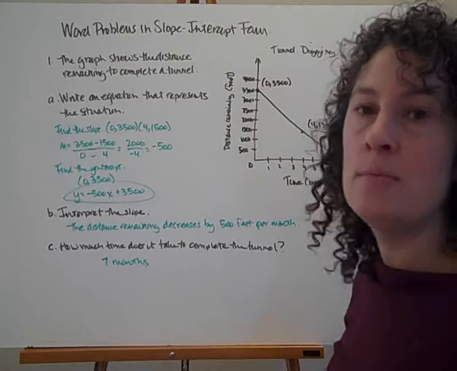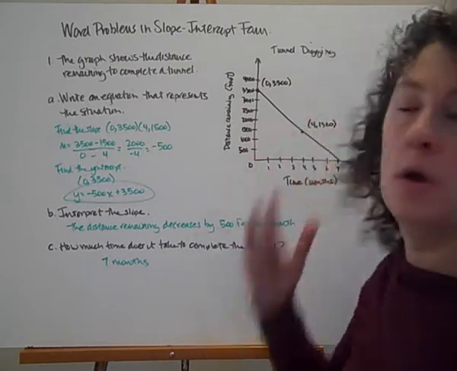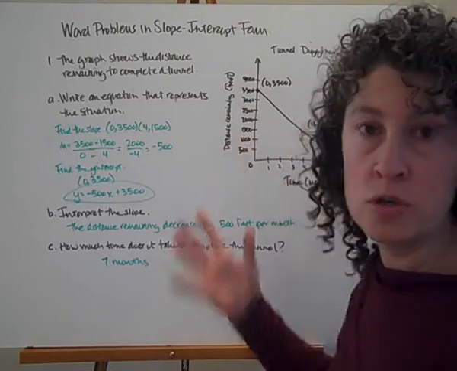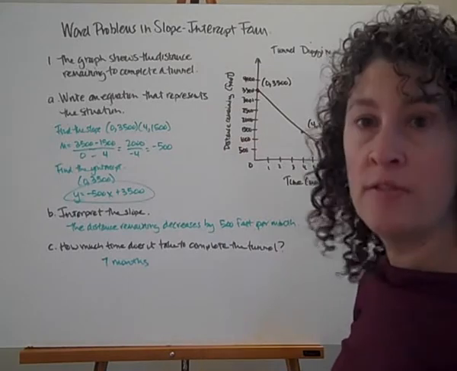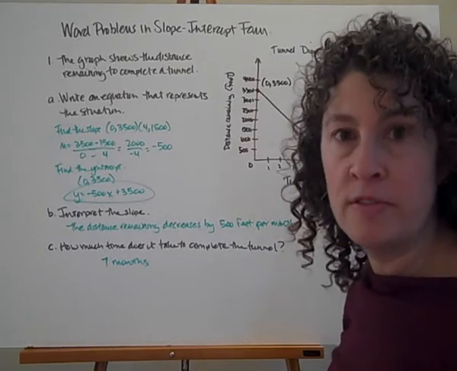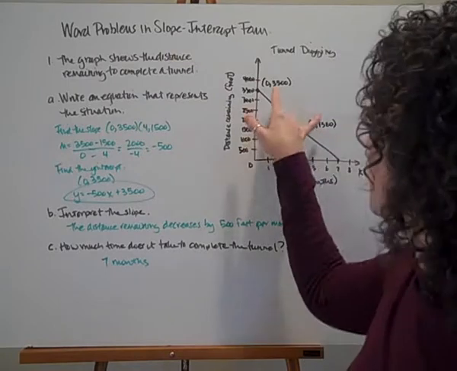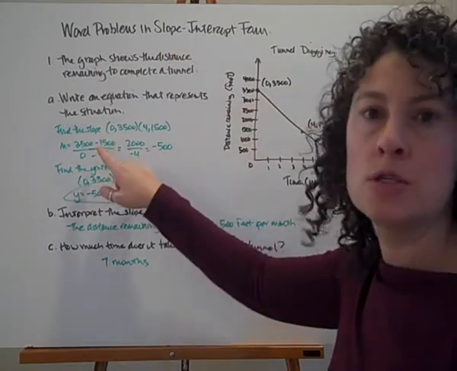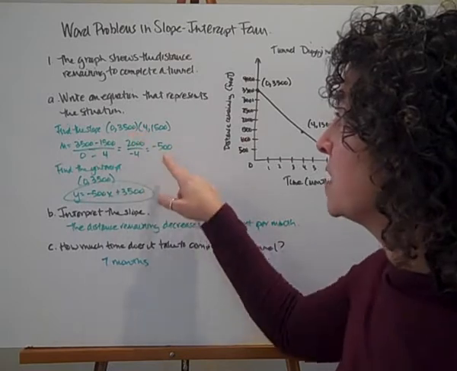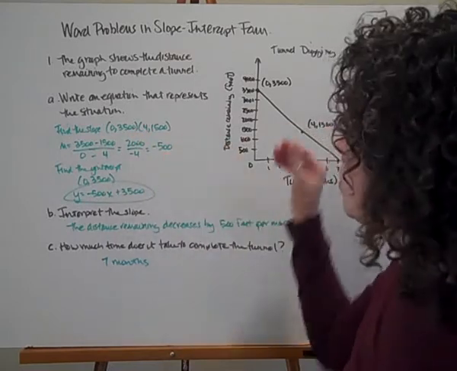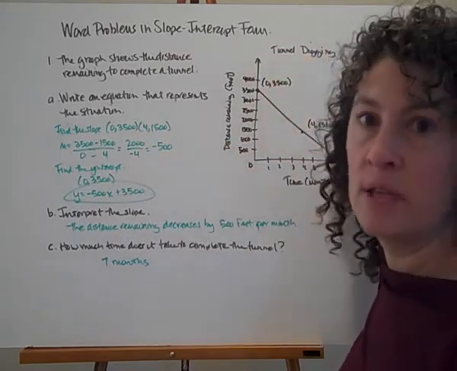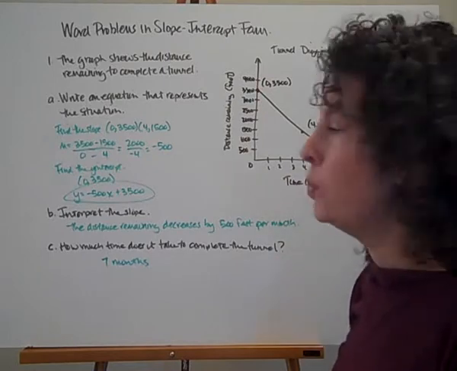Again, we're going to do the same two things as if we have a graph or ordered pairs, which we do have. This is just a real world situation. We're going to start by finding the slope, and then we're going to finish up by finding the y-intercept. So to find the slope, I'm going to do the same thing I've been doing. I'm going to take my two ordered pairs, use my slope formula, and find my slope. In this case, it's a negative 500, which totally makes sense because this is a negative line. So I have a negative 500 slope.